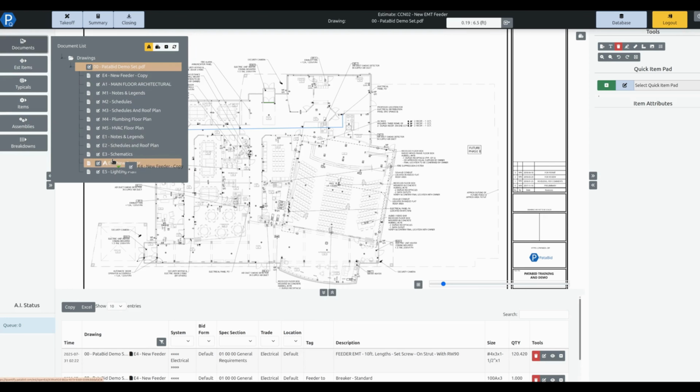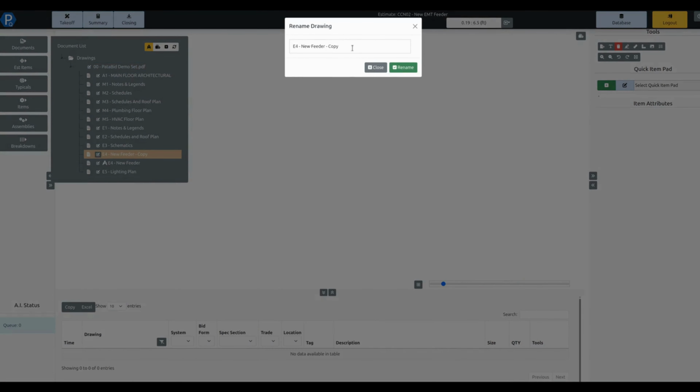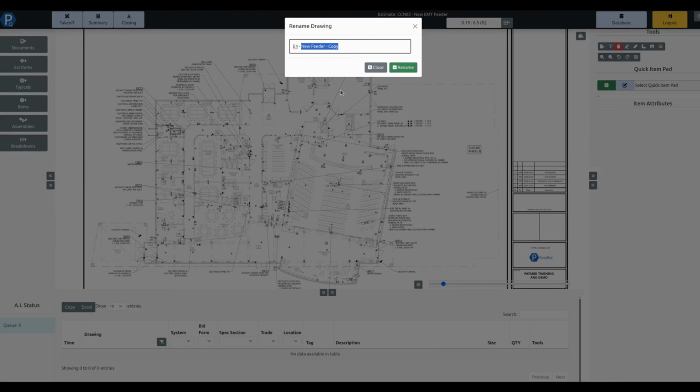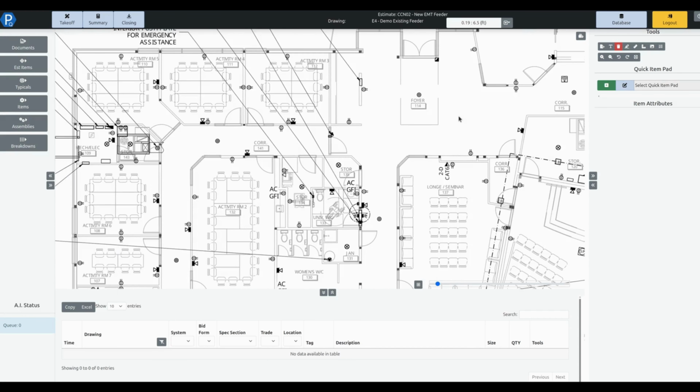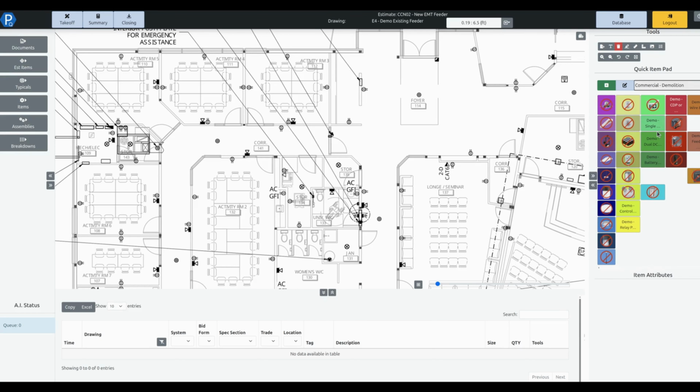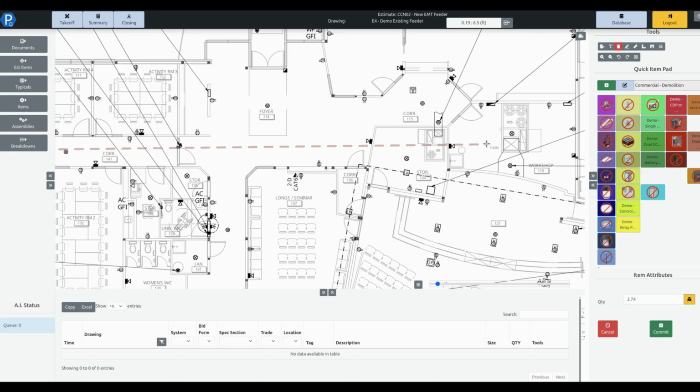I'm going to just drag this down here, just above there. And I'm going to rename this one. Instead of new feeder, I'm going to call this demo existing feeder. There we are. And now in here, I might have to put in, let's go to our demolition here, and we've got demo feeder. So again, in this case, I've got the scale already set because this was a copy and paste, and I'm simply going to draw this in,